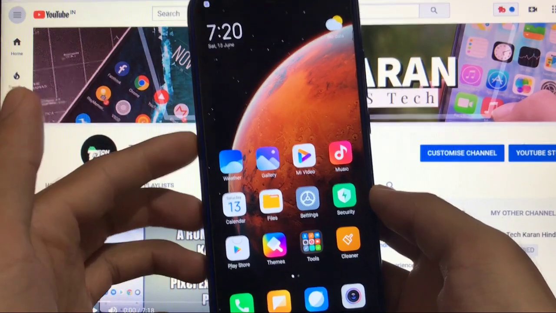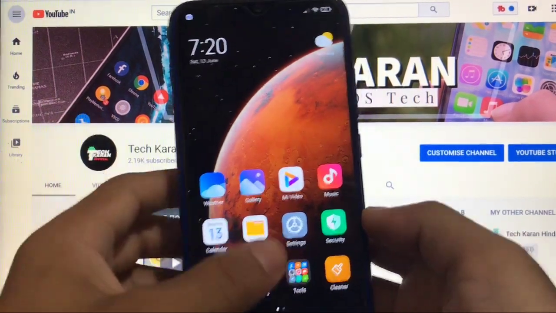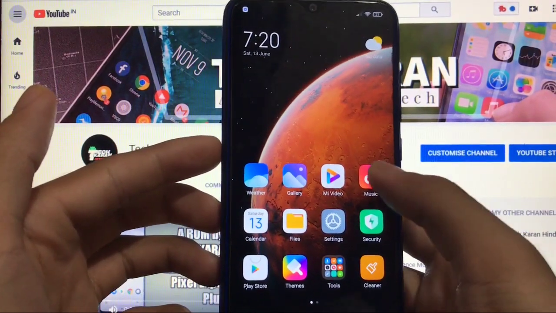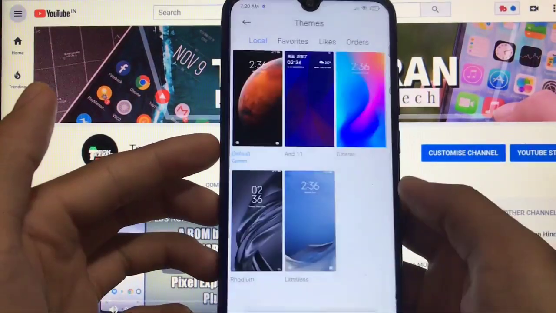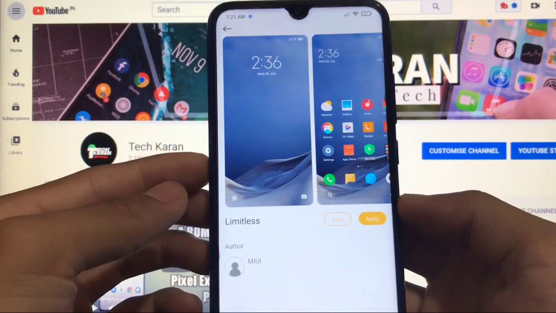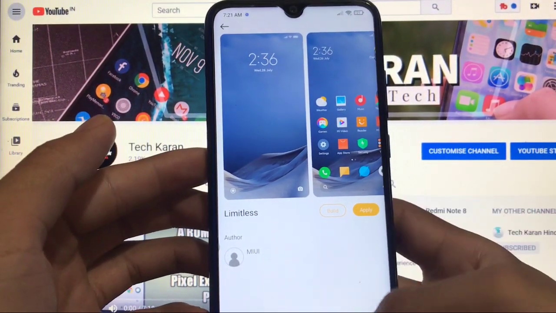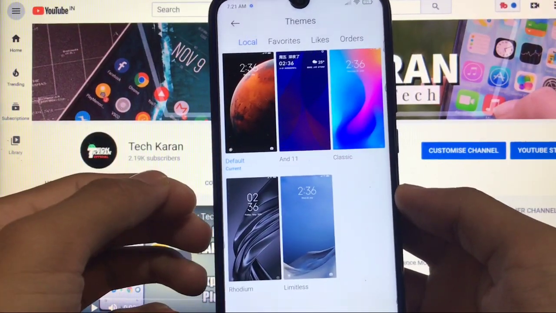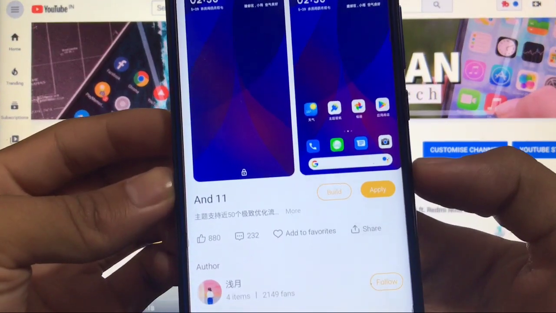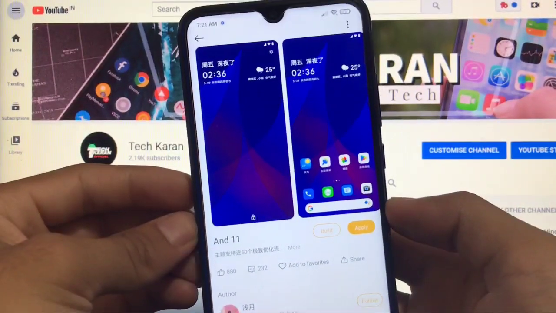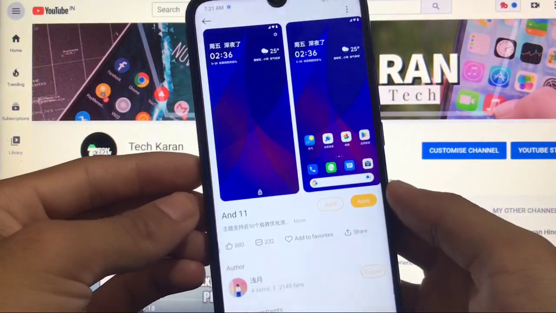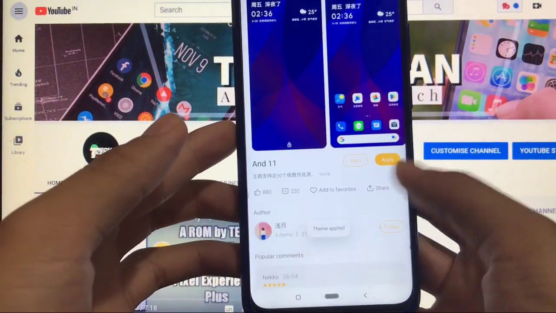Okay, so as always, home screen looks the same as the default theme, as you already know about that. This is the default theme. If we talk about the theme store, there is only one other theme available, which is Limitless, as you can see, which is quite complicated, but you can use it right now. It's looking good. And if we talk about other themes, I've installed this theme and it looks pretty much impressive. This theme is available on the theme store. You can download it directly. Just go and apply this and it will be applied successfully.